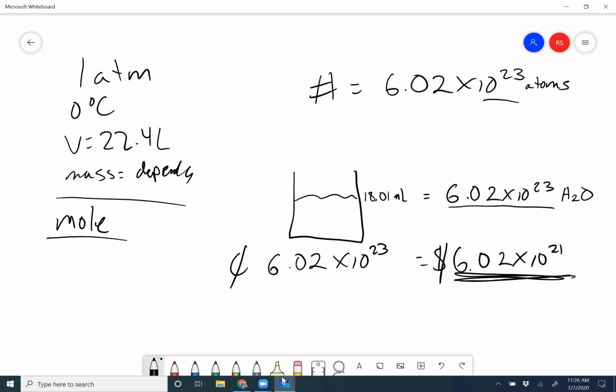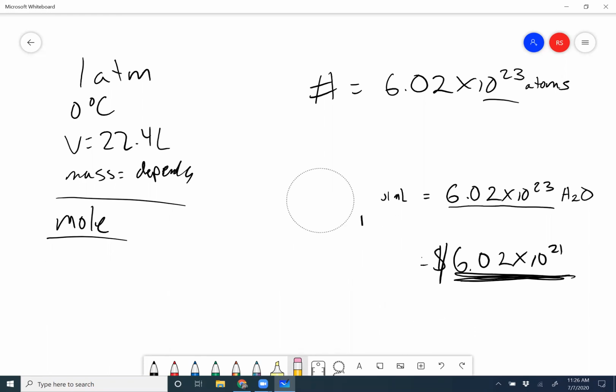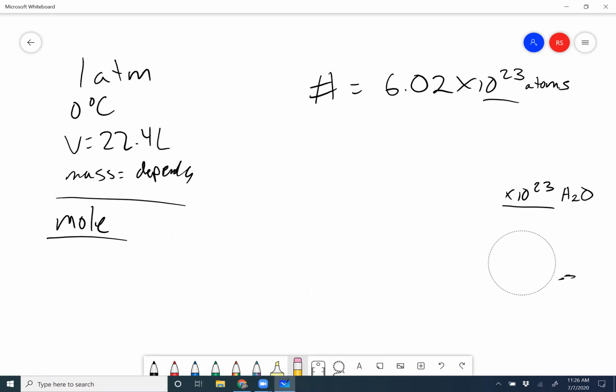If you had this many basketballs, it would be the size of the earth. So this number was huge, and it really, really messed with scientists at the time. Avogadro unfortunately dies in 1853, and his work is basically forgotten for a little bit until